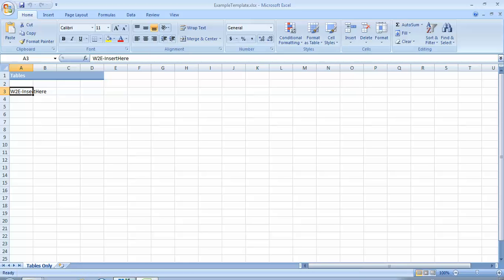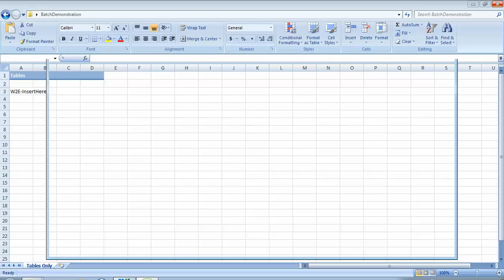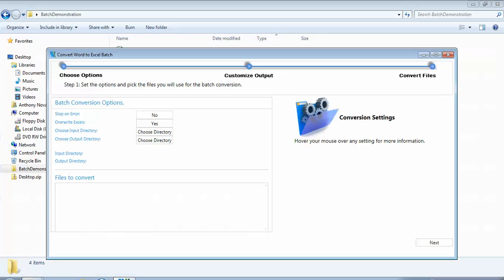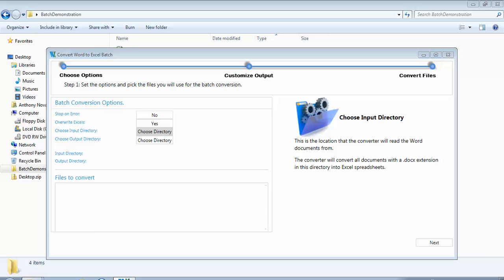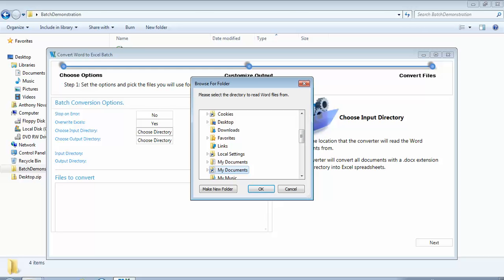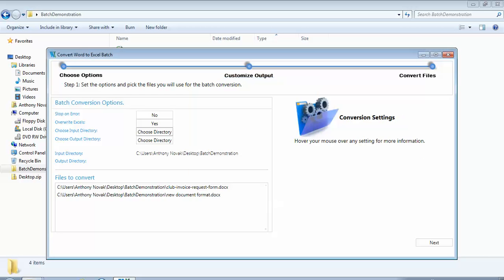So I'll just get out of Excel. I'll come back here to my converter. If you don't know how the converter works, we have another instructional video on the basic processes of the converter, but I'll just come along to choose a directory to start with, and I'll be supplying the program with a directory with Word documents in it that I'd like to convert, and that's in my desktop folder, batch demonstration, and I'll output the converted Excel files into exactly the same folder. So that's the desktop